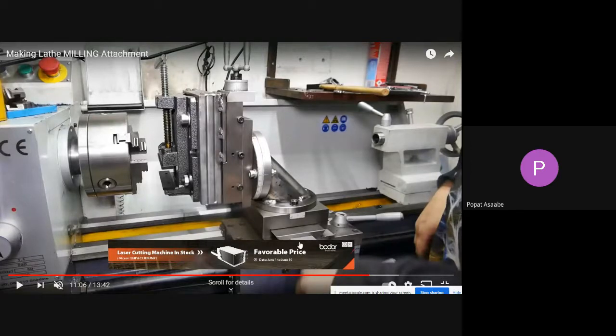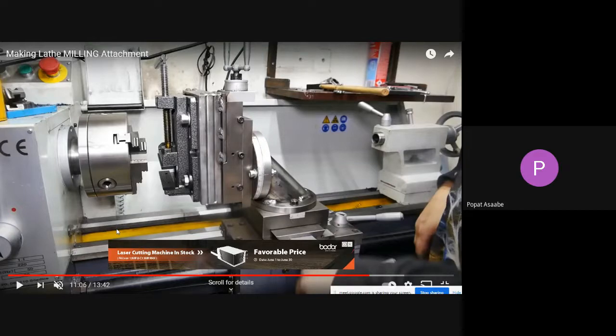At that time we rotate the hand wheel of your cross slide, and suppose we want to move this attachment in the longitudinal direction, at that time we have to rotate the hand wheel of your carriage. And suppose we want to move this whole attachment in the upward and downward direction, at that time we have to rotate the hand wheel of your slide. Okay, this is the hand wheel of your slide. Inside this, a rotating screw is provided. With the help of that rotating screw, the whole attachment is going to move in the upward and downward direction.